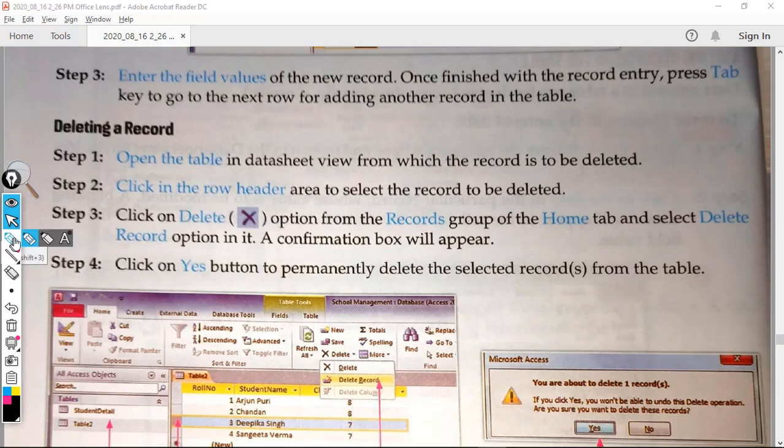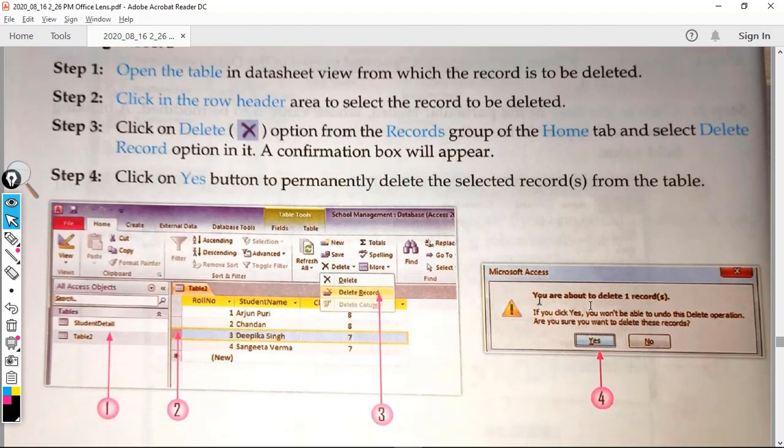Well, if in case you want to delete a particular record from your table, what you have to do, first of all, open the table in the data sheet view. Click on that row header, मतलब उस वाले रो के आगे क्लिक करो जिसको भी डिलीट करना है. उसके एक लेफ्ट साइड पे छोटा सा हेडर बना होता है, उस पर क्लिक करना है हम लोगों को, जो भी मैंने करके बताया था तुम लोगों को.